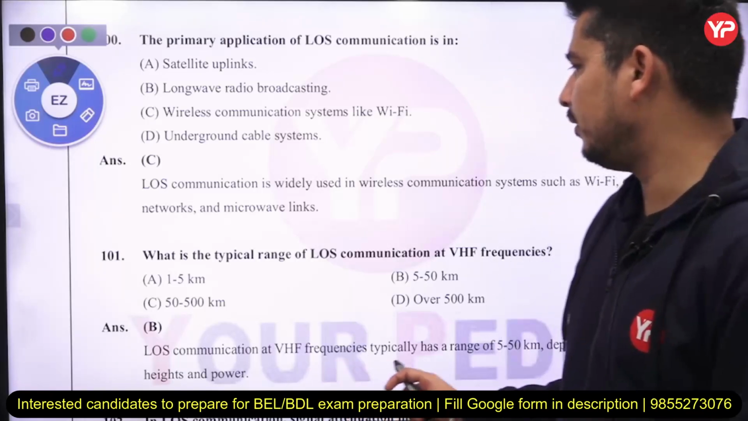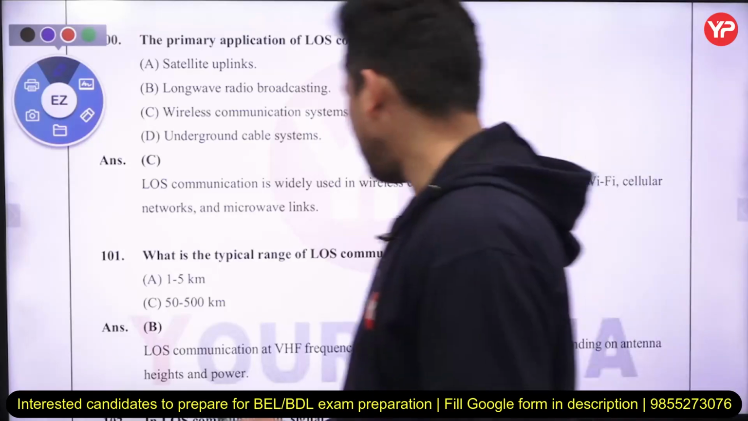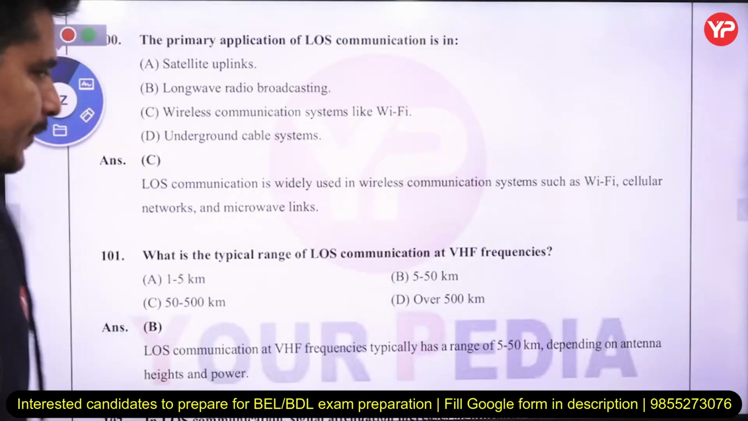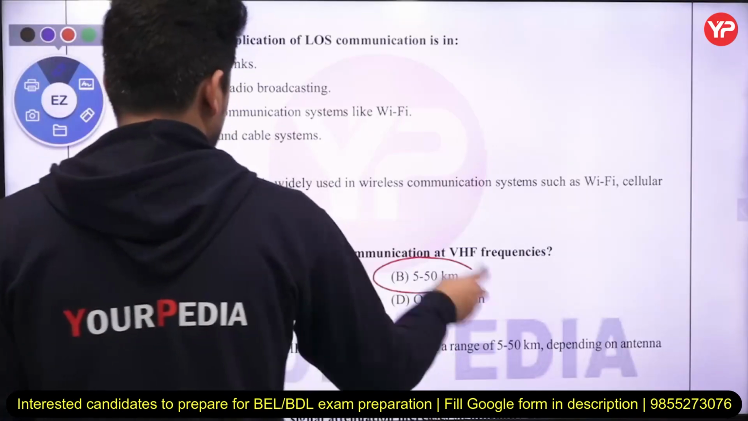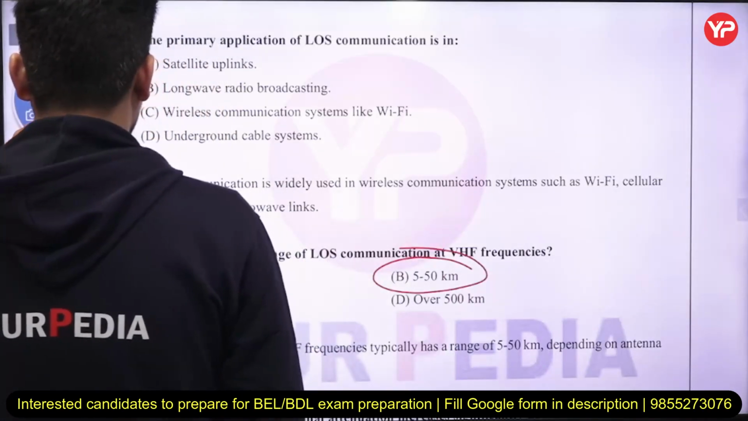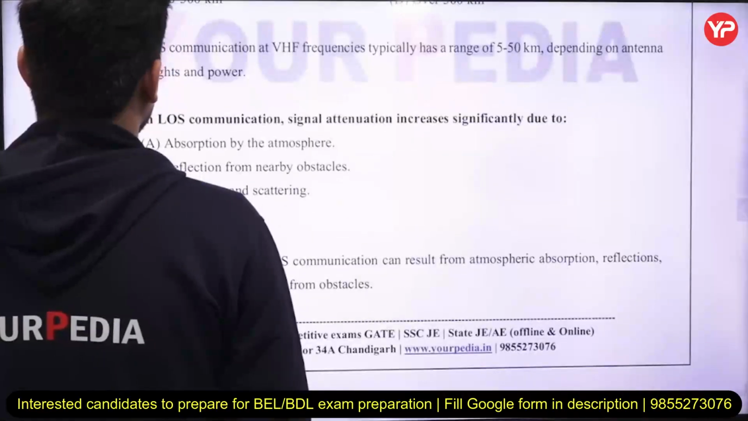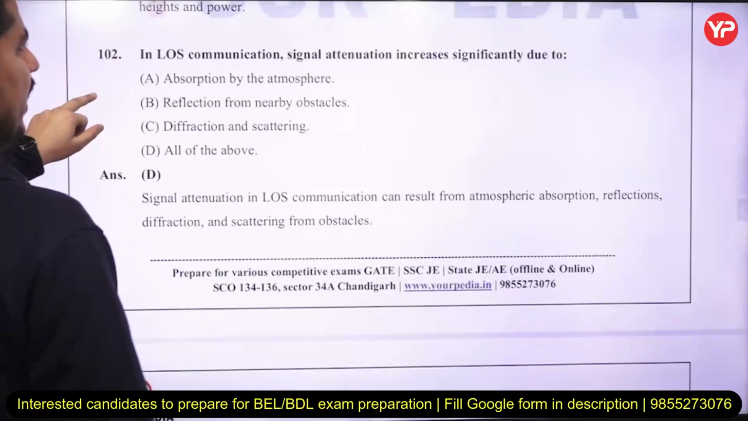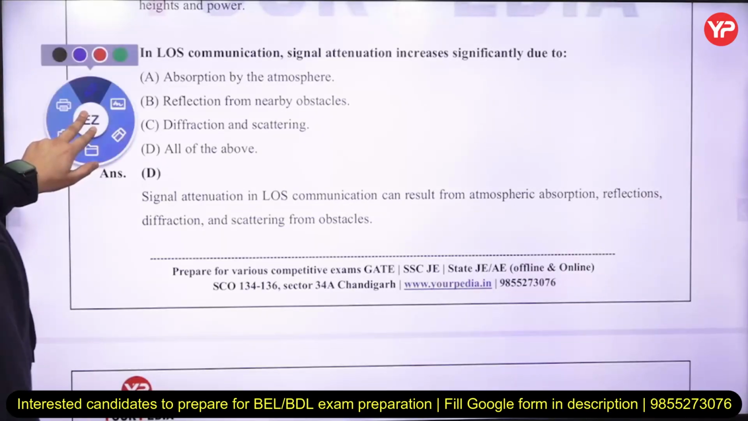What typical range will a line of sight communication have at very high frequency? At very high frequencies, generally line of sight communication will take a 5 to 50 kilometer range, right? It will mostly depend on antenna height and how much power you are going to transmit, right? Line of sight communication signal attenuation increases significantly due to several things which can